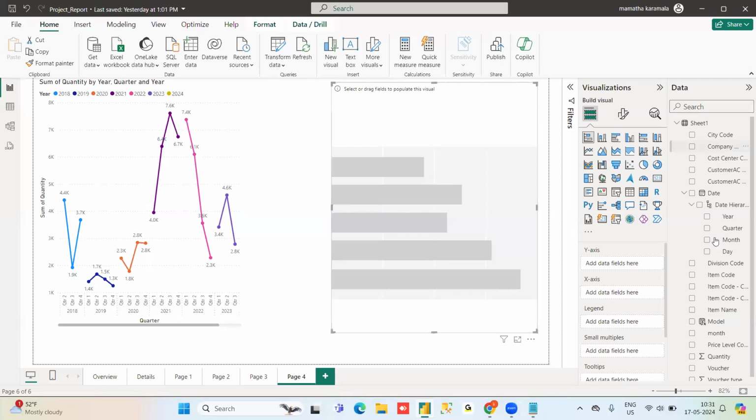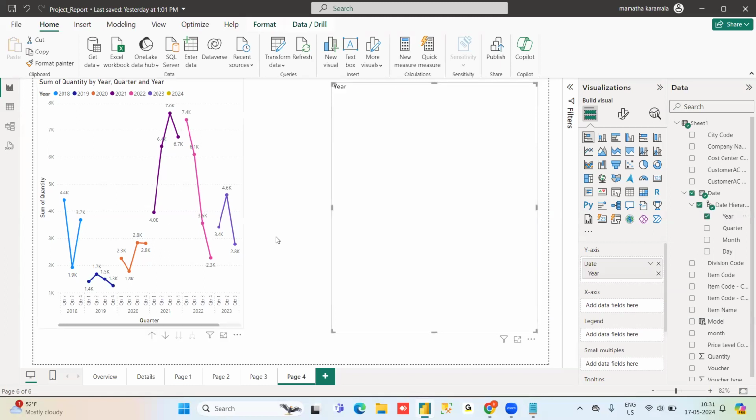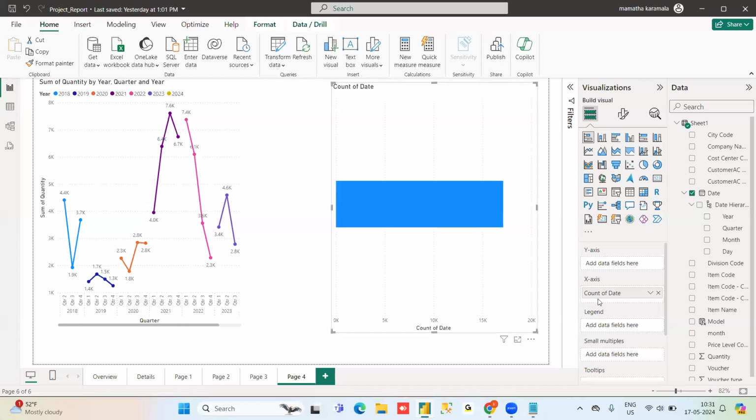So how are you going to represent here? On x-axis, I am taking year, or else on x-axis I am taking something else. But if you observe here, it is not the proper way for this visualization.